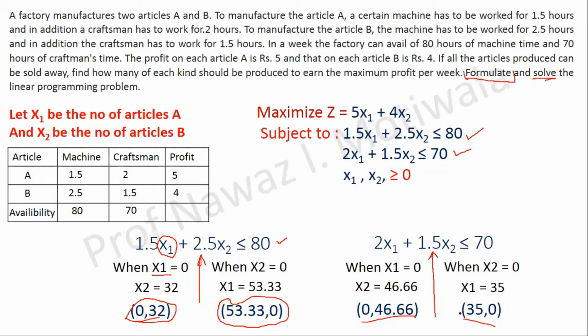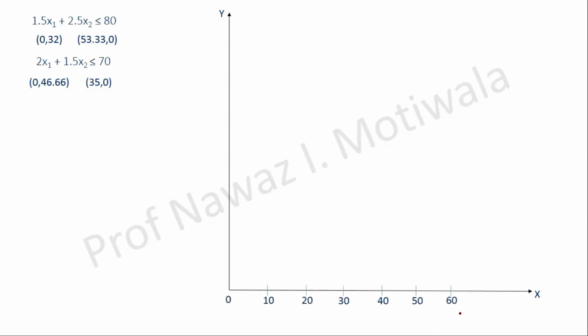Now let us proceed further for the graphical solution. We have found the points through which the lines will pass. For your reference, I have taken the values from the previous slide so that it will be easy to plot the graph. For graph plotting, you have to choose a suitable scale and draw the xy axes, and I have put markings of 0, 10, 20, 30, 40, 50, 60, etc. Here again you are free to choose any scale as per the values which you have got.